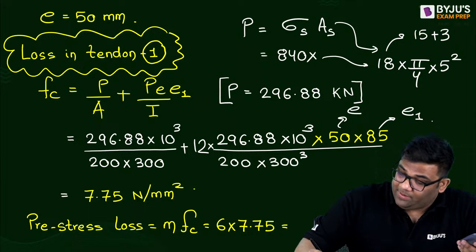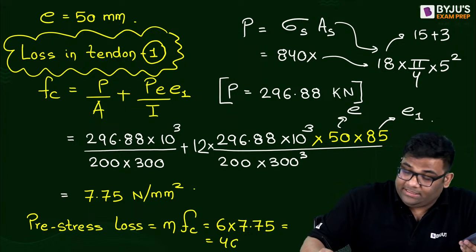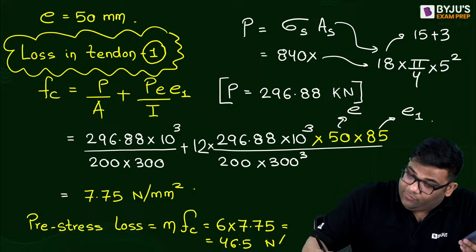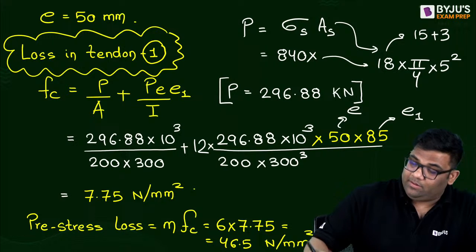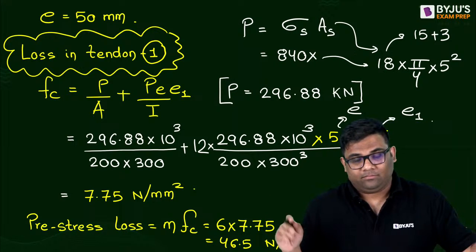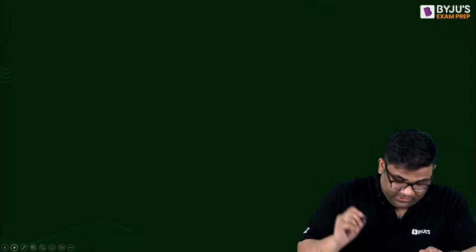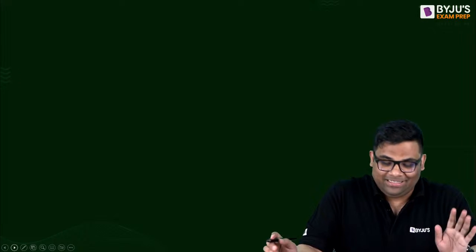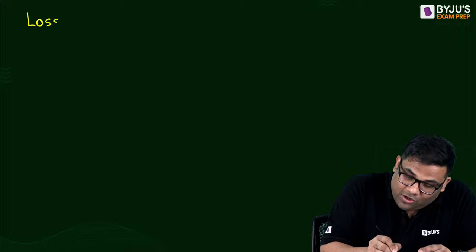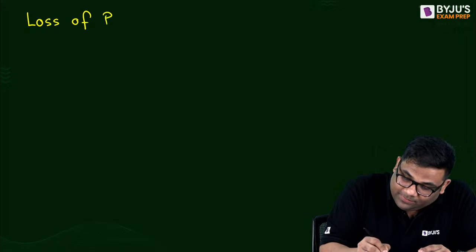I'm getting 46.5. 46.5 Newton per mm square. Nice, very good, easy. Now similarly, if I want to find out the loss of pre-stress